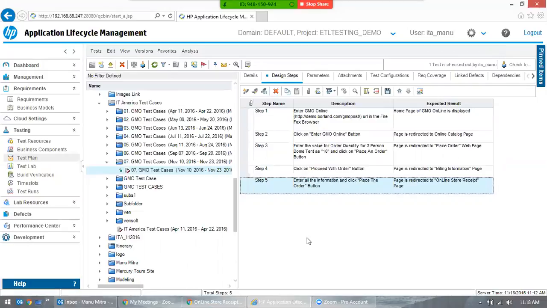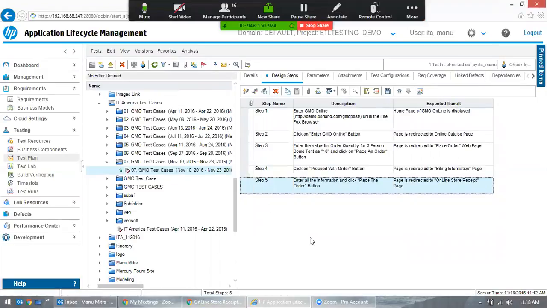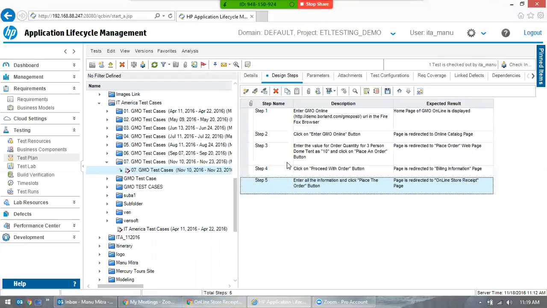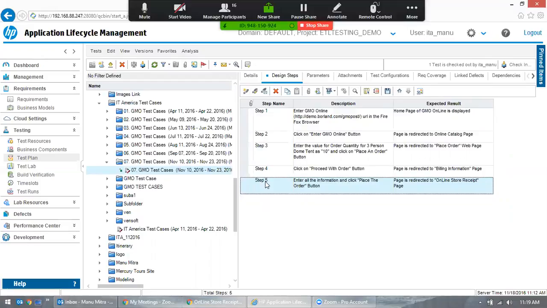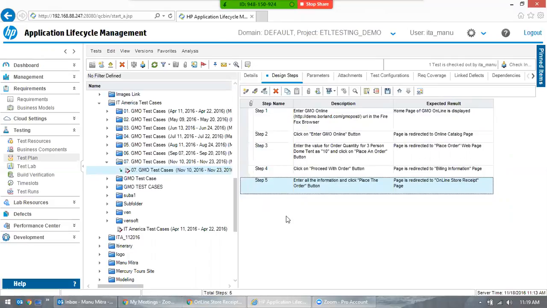Okay, any questions? So this is a little different way of writing the test case. Here the user interface is different. In Rally it's pretty easy, you just need to write the test case. But here the user interface is completely different. They use a whole different software, they use Ajax and all those things. So it's a completely different user interface. Okay, so here once you have written this test case,